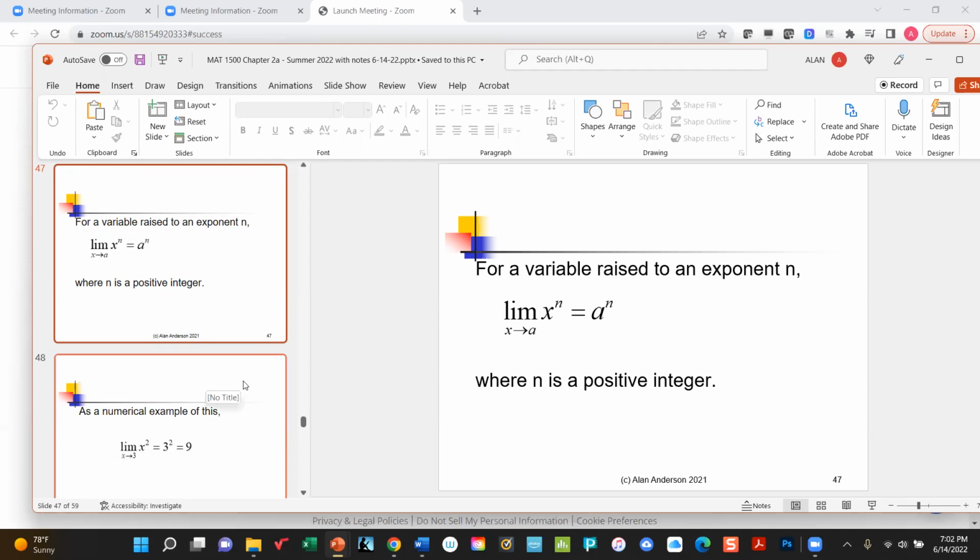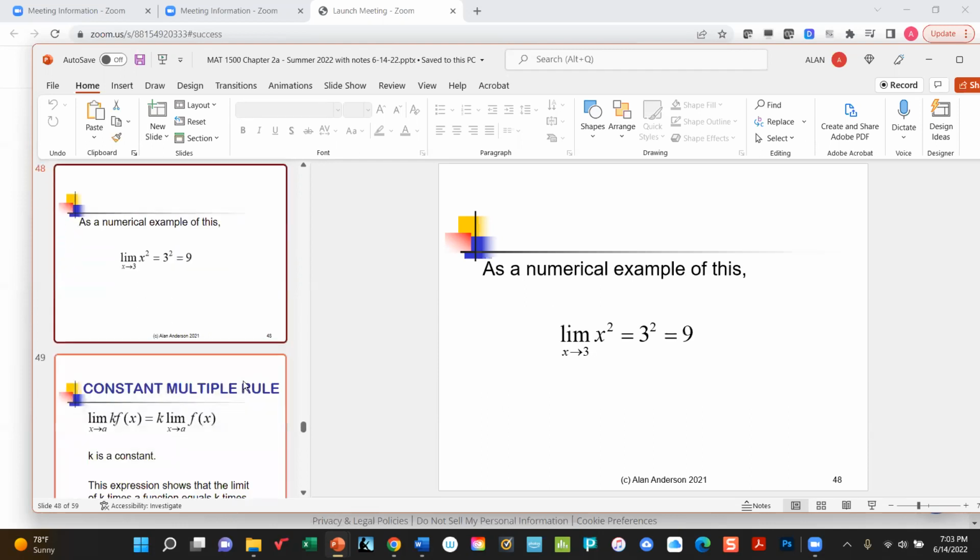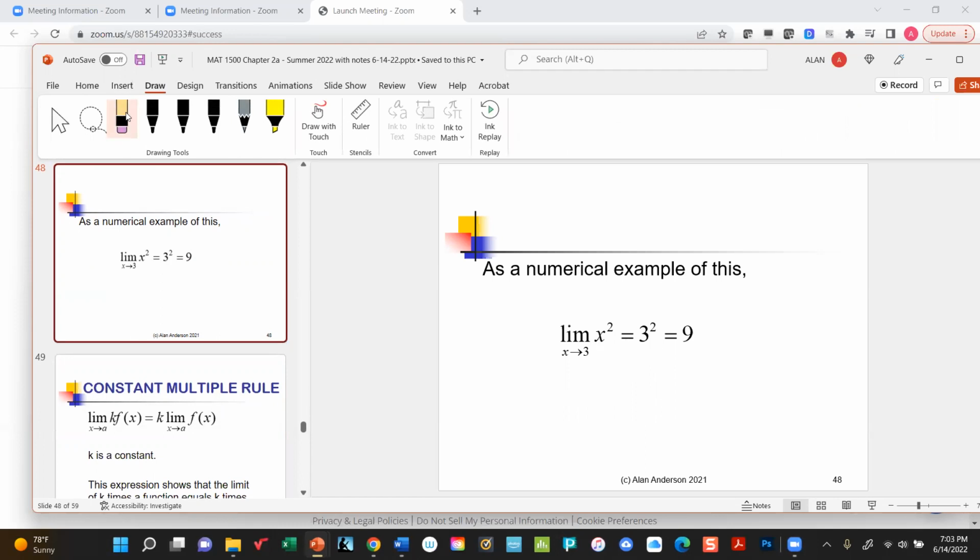Let's say, for example, our function is x squared, and we want to know the limit as x approaches 3. By plugging in 3 for x, we end up with 9, and that's because if you draw a picture of this function,